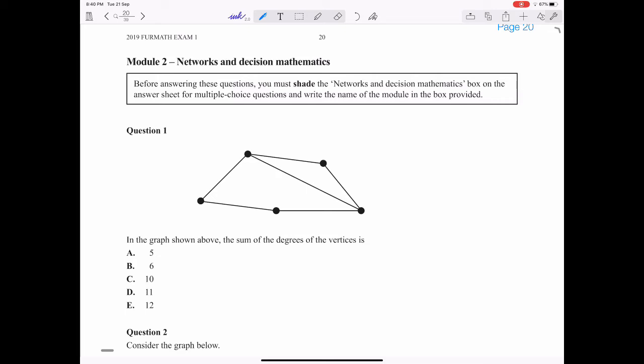Hi everyone, so today I'll be going through the 2019 Maths Exam 1 of the Networks and Decision Mathematics section. So question 1, in the graph shown above, the sum of the degrees of the vertices is